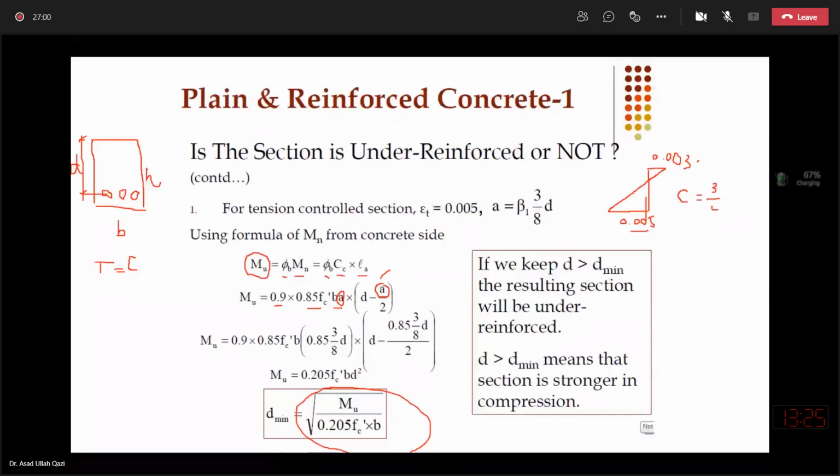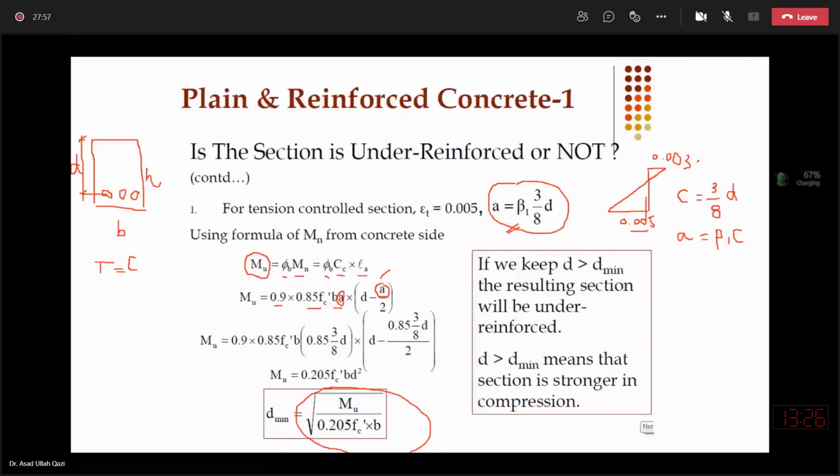So we have derived this equation, and I can multiply this with beta 1 to get a. So you remember that we did this derivation with reference to the steel strain of 0.005, and we derived this equation with a is equal to beta 1 c, and a was 3 by 8 d into beta 1. So this a from this strain diagram, we are substituting here,